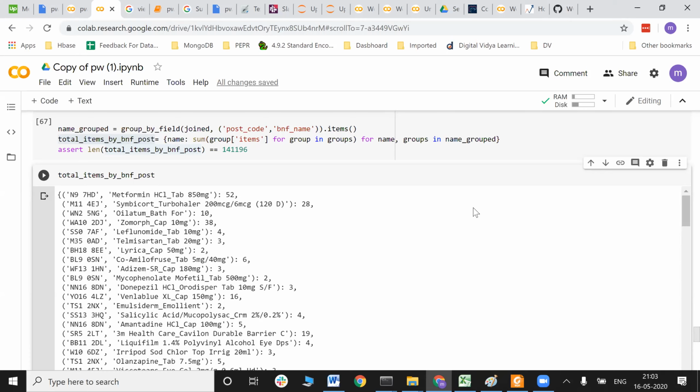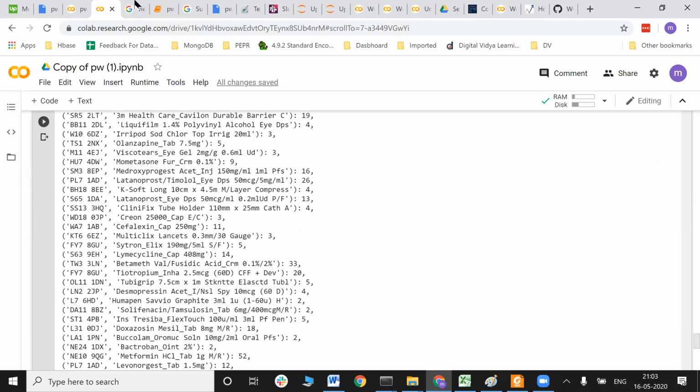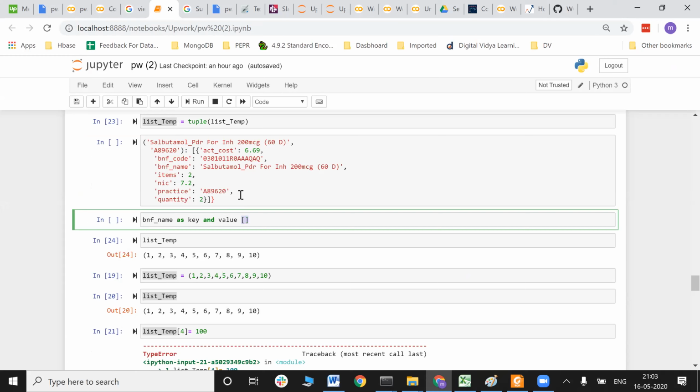Does any library like Pandas or NumPy support group by? Yes, we have. In Pandas, we have pd.groupby. But as we are not supposed to use the Pandas library, we have to do all this exercise manually. Can you quickly show me what the syntax in Pandas for group by is?